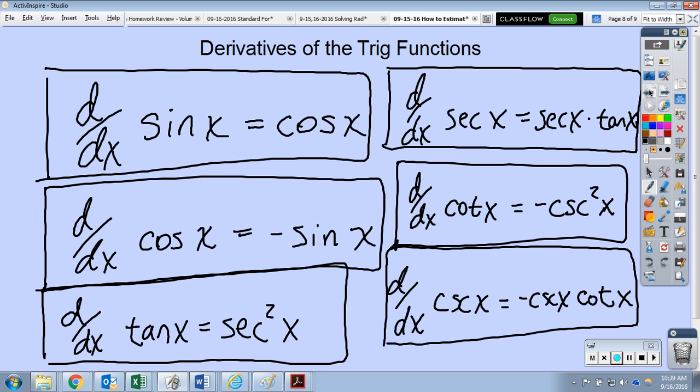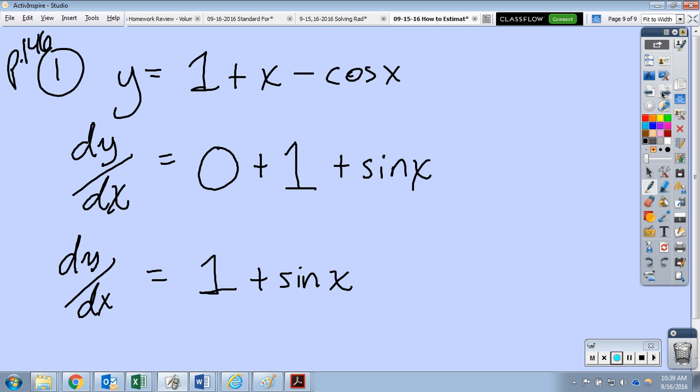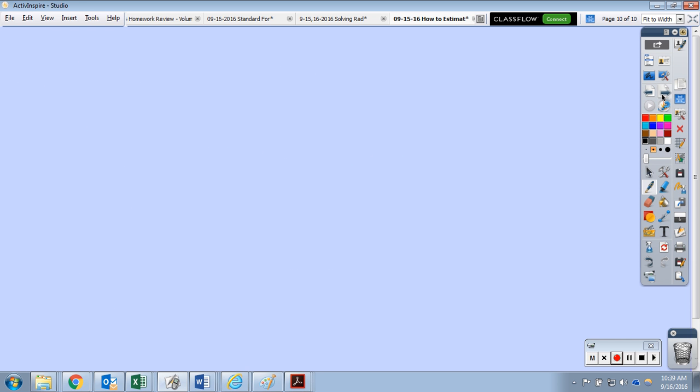Again, the derivative of cosine is negative sine, so the derivative of negative cosine is positive sine. I mean, you could do product rule. If you want to see the whole thing worked out, you could do product rule, but you'll see that it's definitely sine of x. Okay, that's one example. Another example we have, we could look at